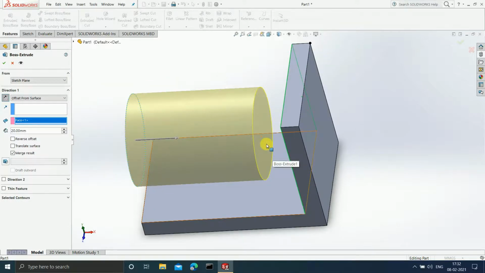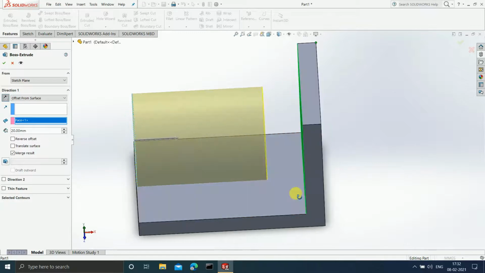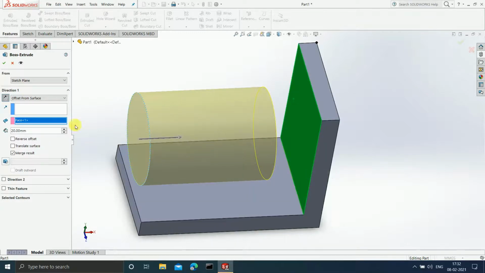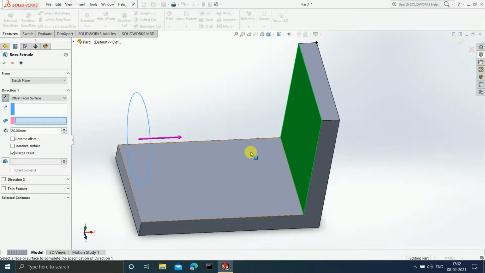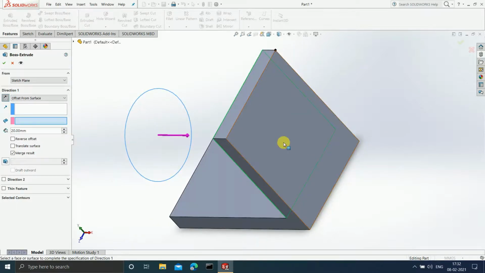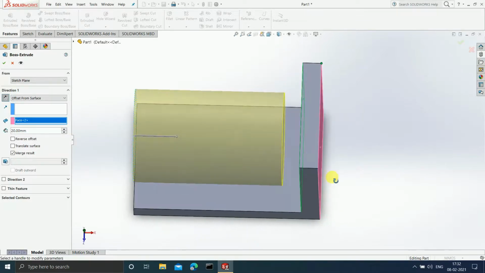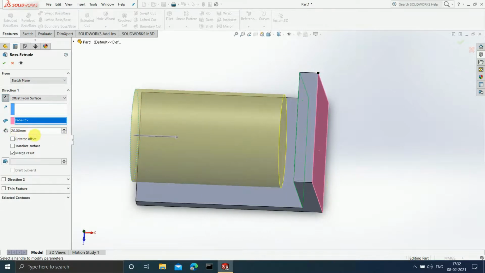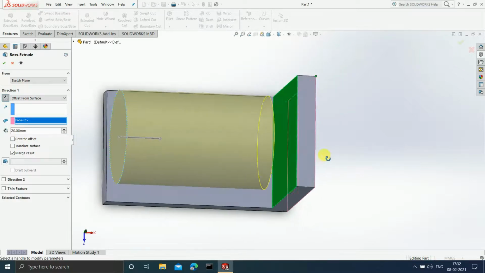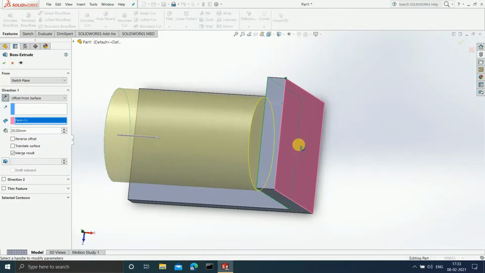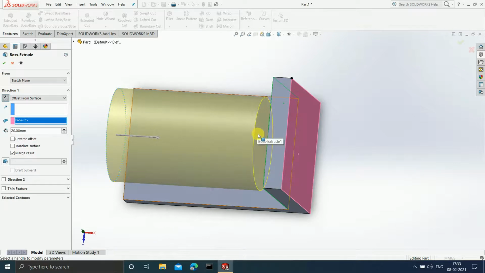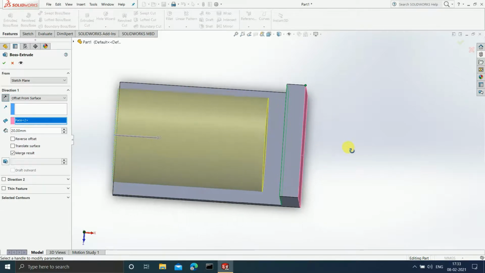So the extrude is going to keep a minimum distance of 20 mm from the face that you have selected. Now suppose I change the face and select this other face. Now also the distance of offset mentioned by us is 20, and from this pink color plane up to this last surface of our extrude, the distance will be 20.